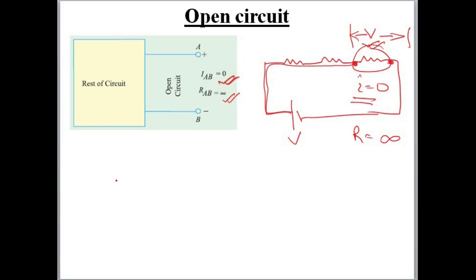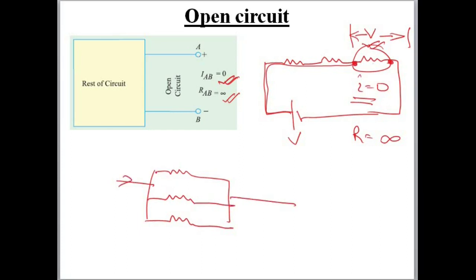Now, suppose resistors are connected in parallel. Three resistors are there, connected in parallel. If I open this resistor, what will happen? Then current won't flow in this path. Current will flow only in this path and this path. So in a parallel connection, if one resistor is open, then also current will flow through the circuit. It will not flow through this branch, but in other branches it can flow. But in a series combination, if a resistor is open, then current cannot flow at all.